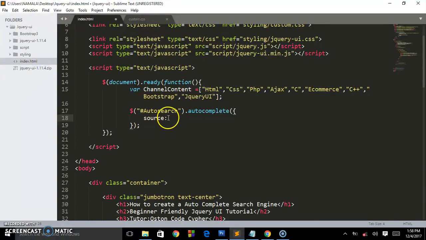Where do you want this autocomplete to get the data from? We want it to get the data or values from this variable we created. So you say source colon, then you write channelContent. So you are telling it, hey, when the user focuses in the input field, which has this ID of autosearch, it will fire off this method and get the source from the variable here. Save that,